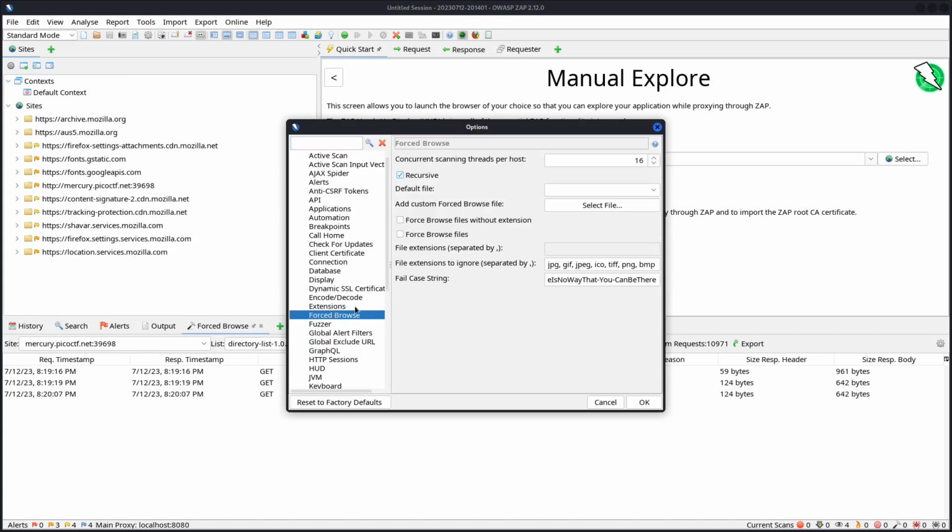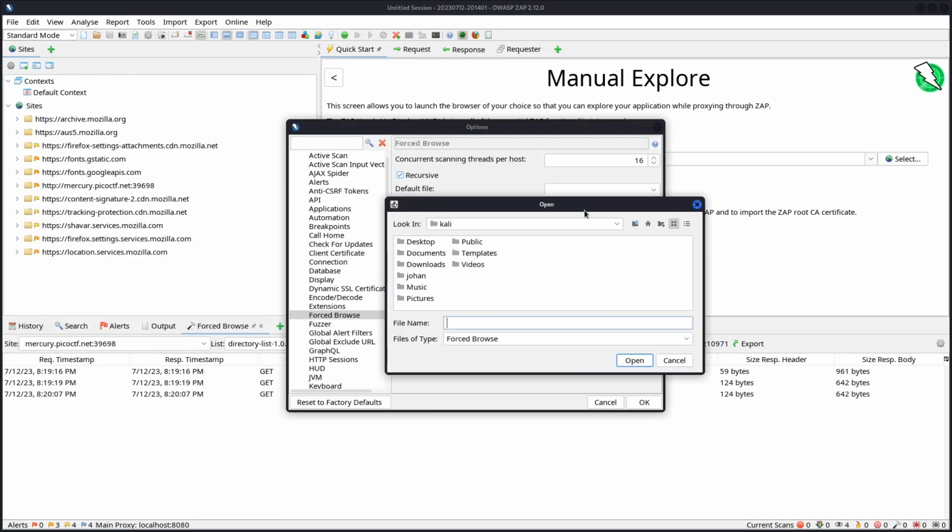Select Forced Browse and then select File. In Kali Linux, there are a couple of word lists installed by default. So let's go to USR, Share, Wordlists.